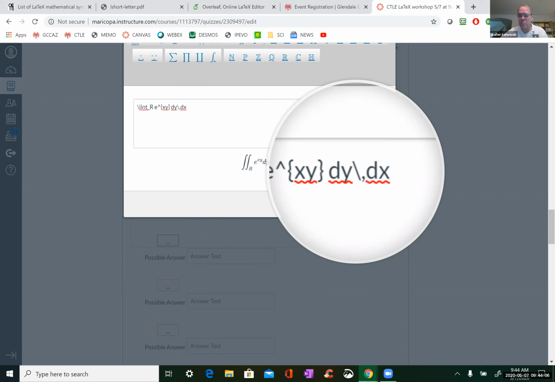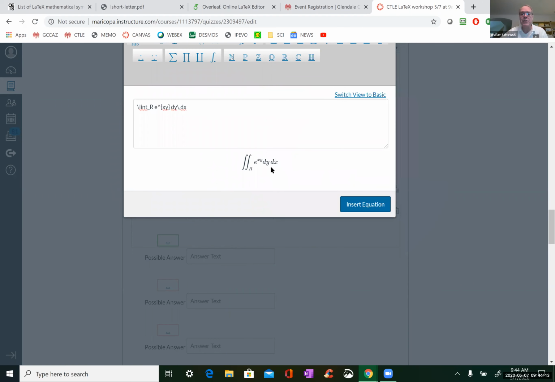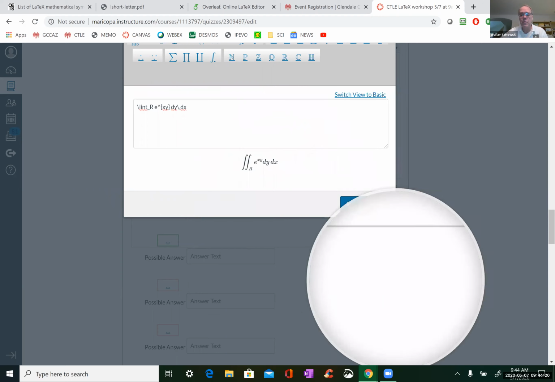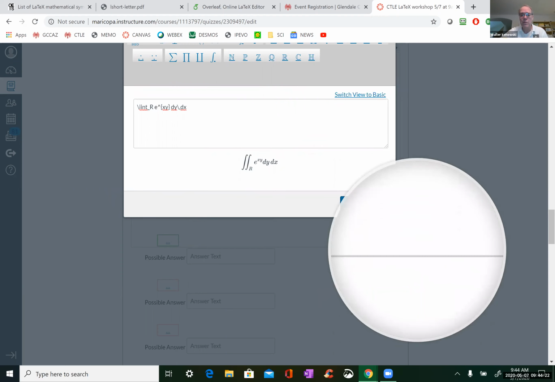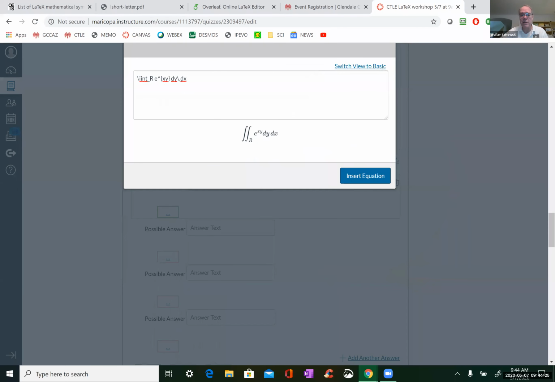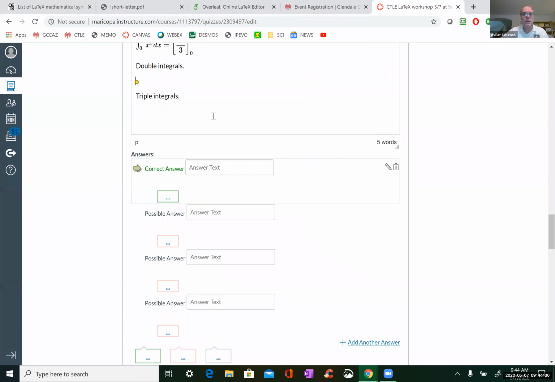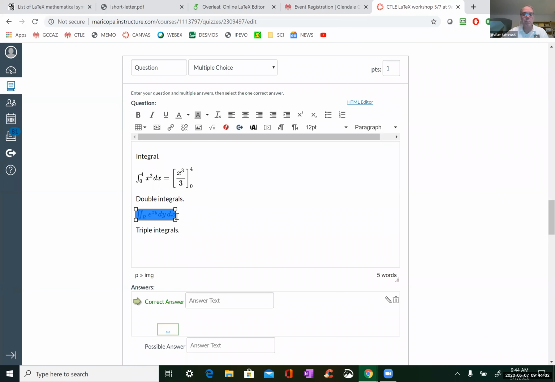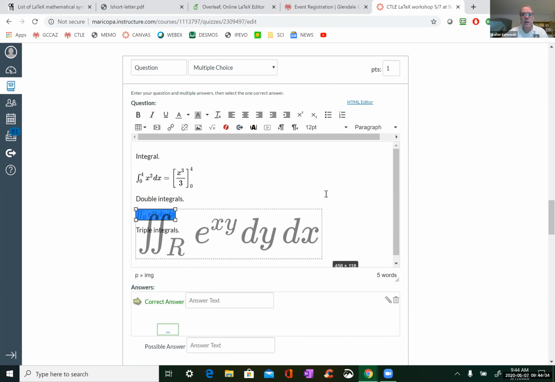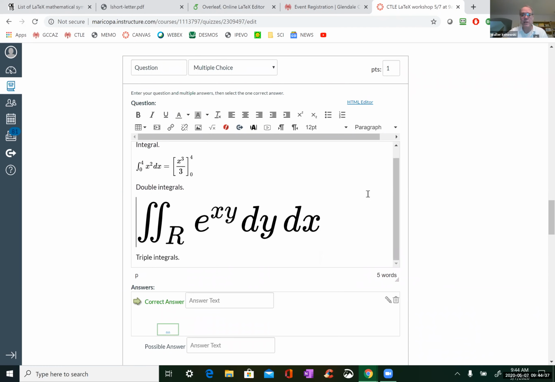That'll put a little bitty space between the dy and the dx to make it look better. Okay, and you see that there is one. Well, anyways, we'll insert the equation and then we can just blow it up. And you see there's that nice little space between the dy dx. Otherwise, they'd be just smashed together.